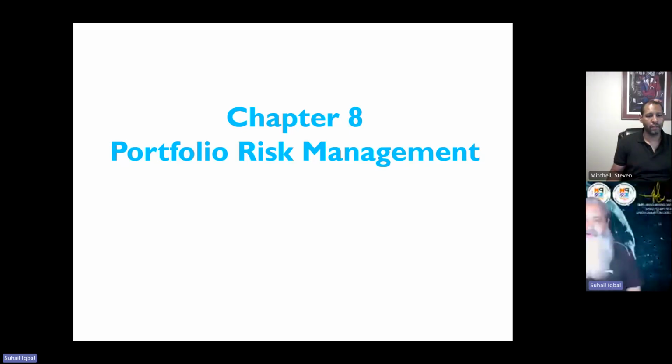Portfolio risk management. Although it is a very lengthy chapter, this is something you are already aware of. Risk management generally is similar to what we study in project management and program management. Although there are specific differences from the portfolio point of view, which we'll be highlighting,